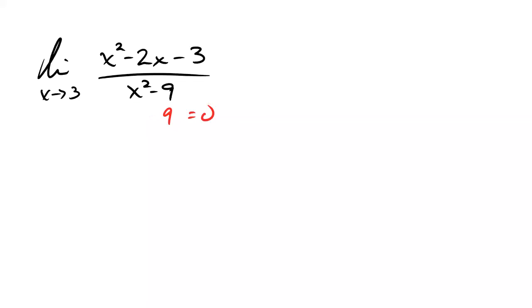And whenever you have 0 divided by 0, that's called indeterminate form. And that's an indication that you need to do something different. In this case, that thing that we're going to do different is called the cancellation technique. And in the cancellation technique, we're going to, at least in this case,